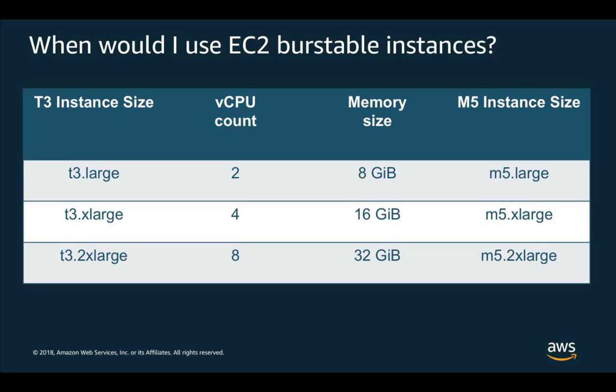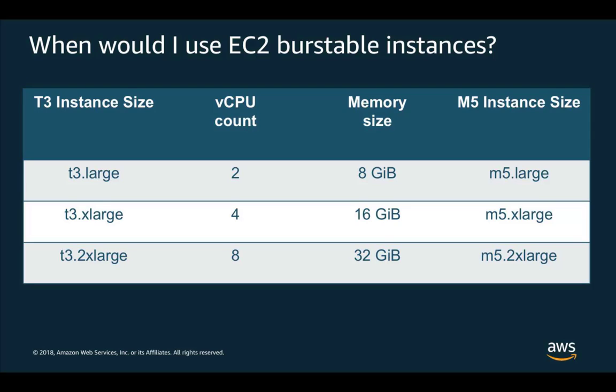T3 instances are also great to compare with their EC2 M5 equivalent, or M4, when your workload doesn't need fixed CPU all the time. The larger instance types, T3 large, extra large, and 2 extra large, mirror the memory allocation for the equivalent M instance types, but with limitations on the amount of CPU available for a sustained period. However, with unlimited mode enabled, you can get the CPU your workload needs without having to pay a higher